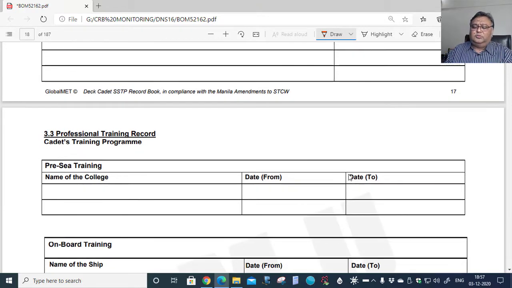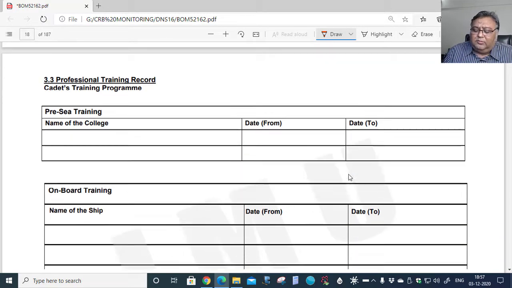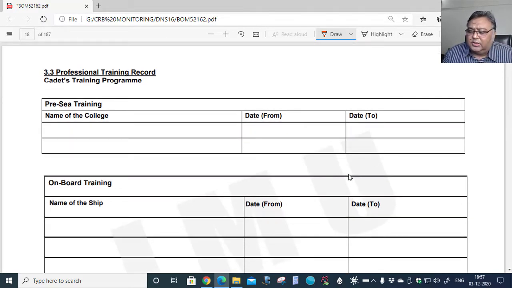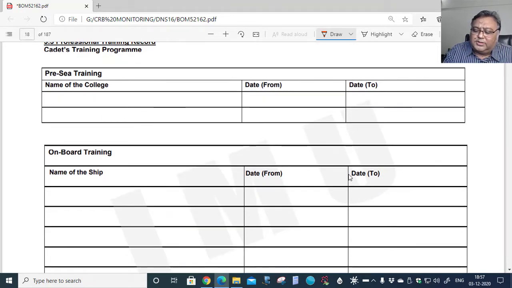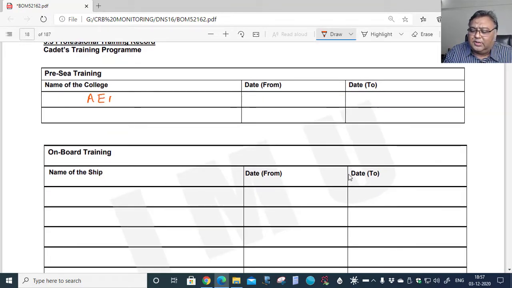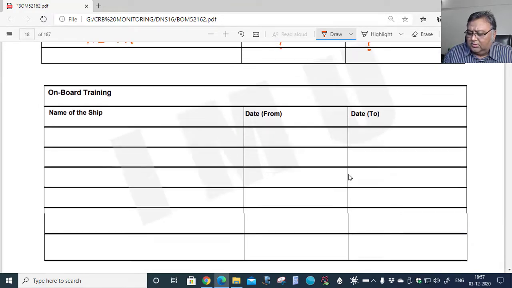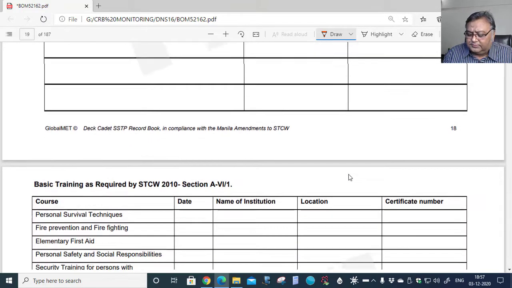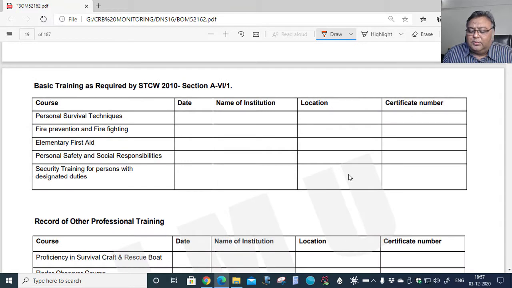Since it is given here 3.2, you are supposed to make an entry about your educational record. Then we come to section 3.3, which is about professional training record, like your pre-sea institute. In this case this is AMA, and the from and to date you have got to fill. Then on board training, you should fill that. Then basic training as required by STCW.